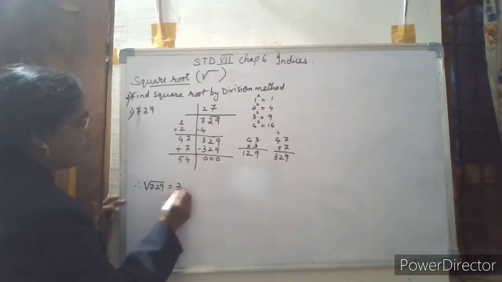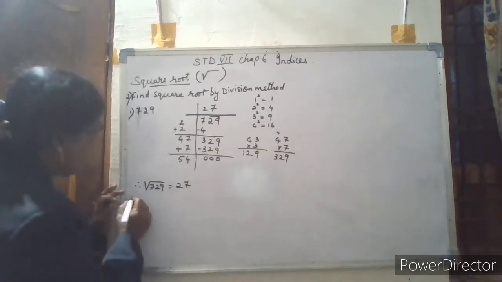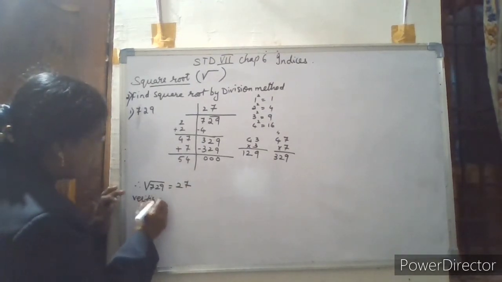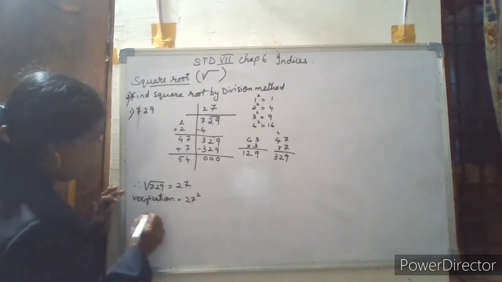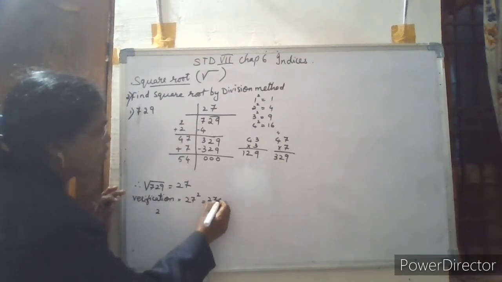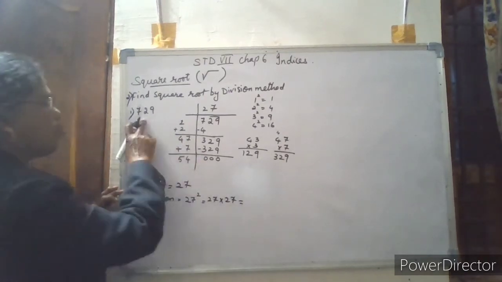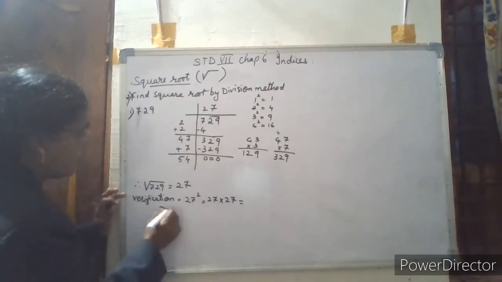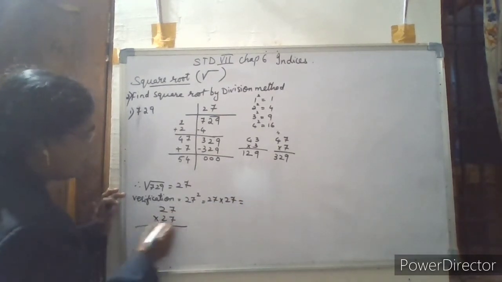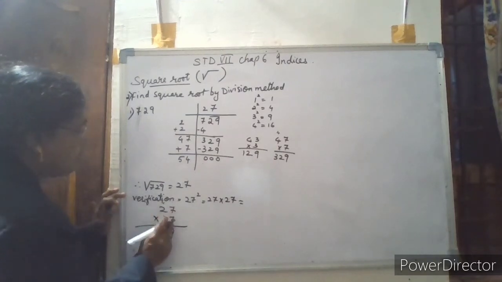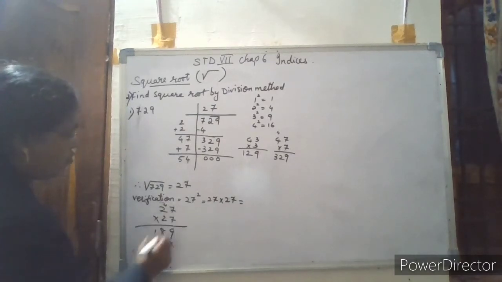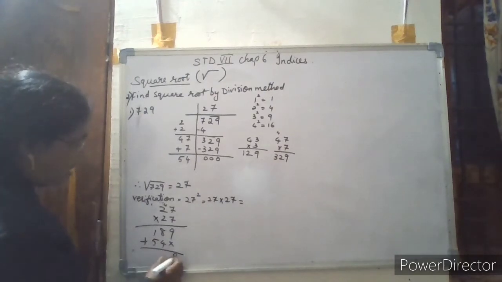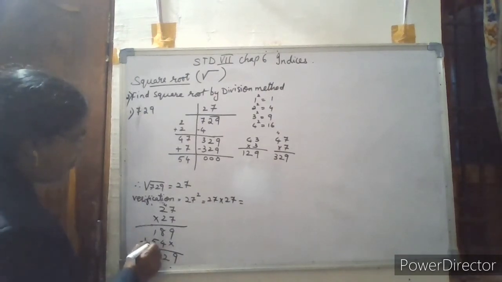For verification, we can find out 27 square. That is equal to 27 into 27. I must get the same number, then it is correct. So 27 multiplied by 27. Multiply it. 7 7s are 49, carry 4. 7 2s are 14, 14, 15, 16, 18. Then 2 7s are 14, carry 1, 2 to the 4 plus 1, 5. So add this, you get 9. This is 12, carry 1, 5, 6, 7. So 729 I have got.